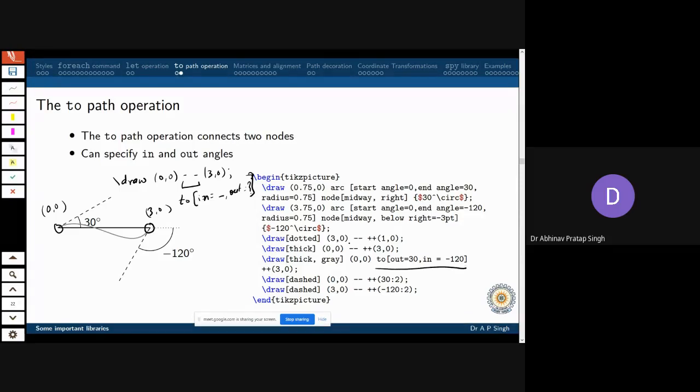When this curve is being drawn from 0, 0 to 3, 0, its out angle, that means when it is going out, will be 30 degrees, and when it is coming into this particular point 3, 0, its in angle will be minus 120 degrees. Therefore this command is very useful and it will come in handy in many situations.